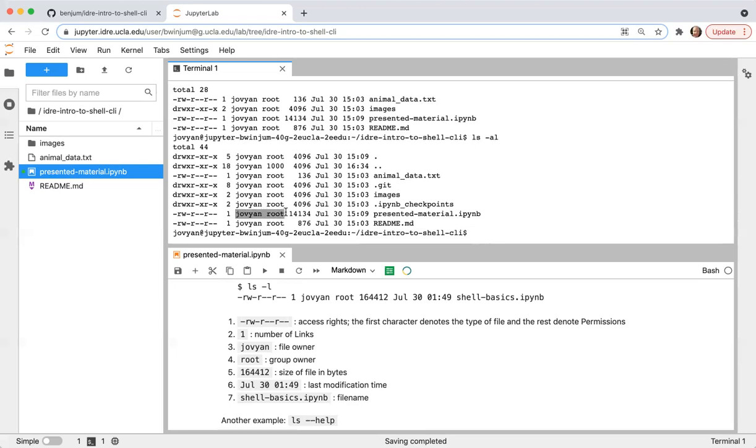Then we have two names that are listed together. One is Jovian. I've mentioned that this is your username on the system. And then there's another name here, root. You don't have to necessarily worry about this column at the moment, but this is giving you information about the user who owns the file or directory, and then the group that's allowed to access it.